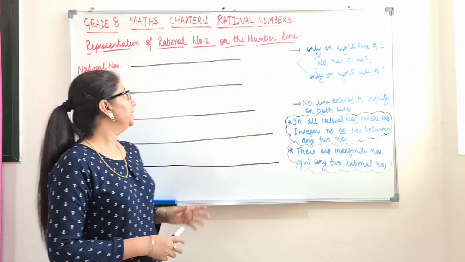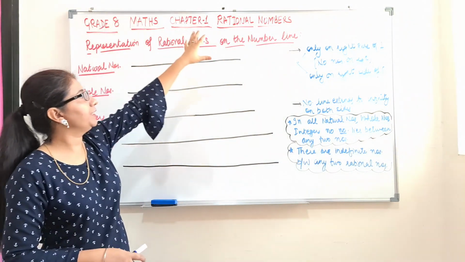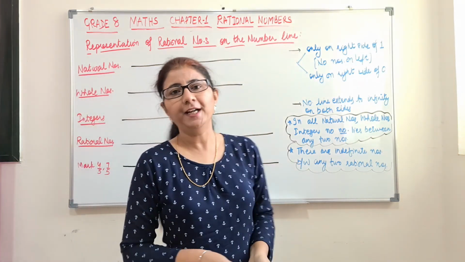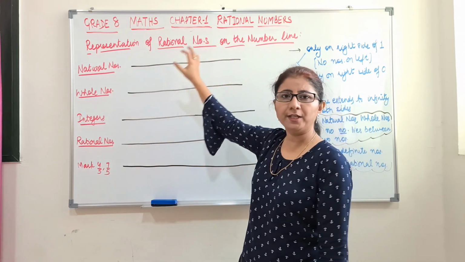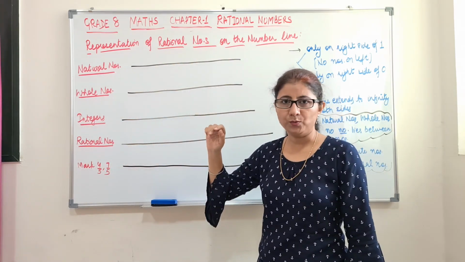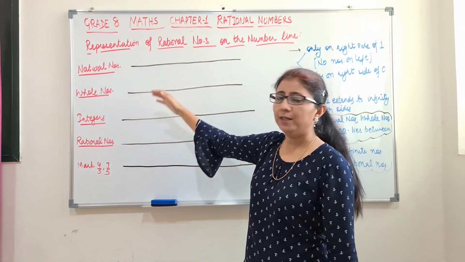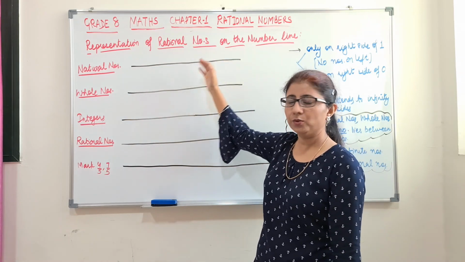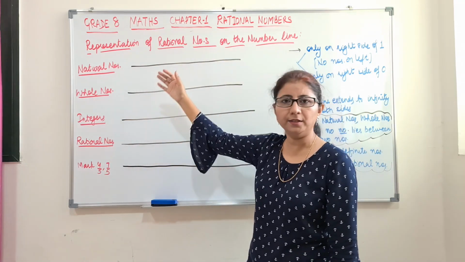Today we are continuing with the next topic of rational numbers, that is representation of rational numbers on the number line. As I mentioned earlier also, I will not explain this concept only for rational numbers, but I will relate the same topics for other number systems as well. So let's see how to represent different number systems on the number line so that we can have an idea is there any difference between the rational numbers or other number system.